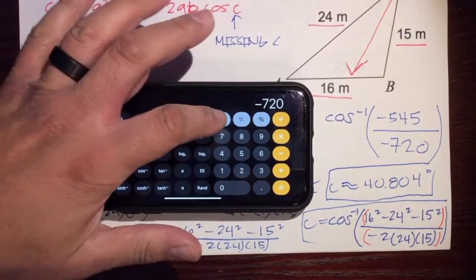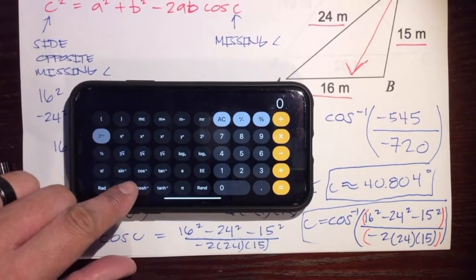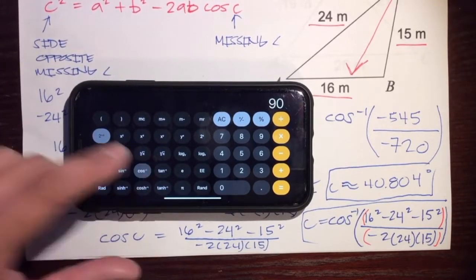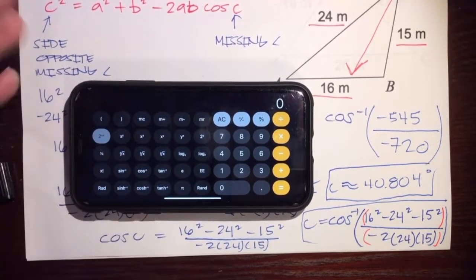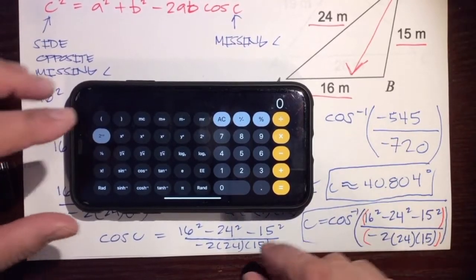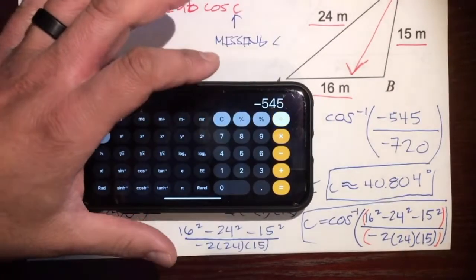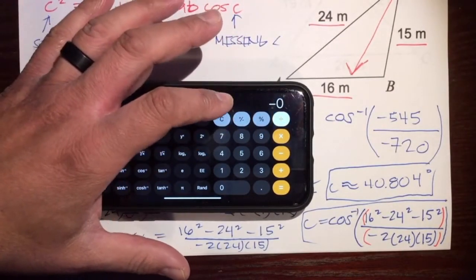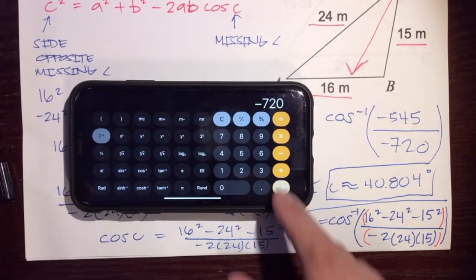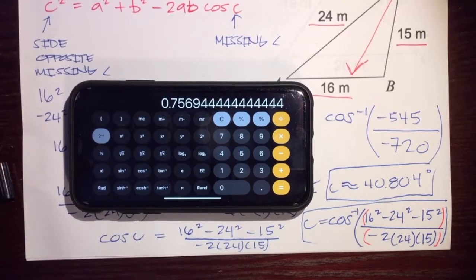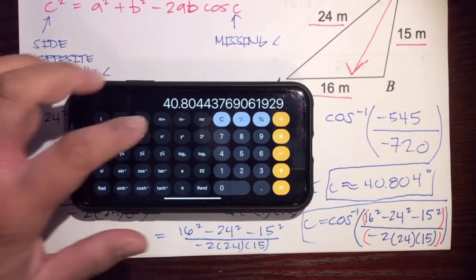And then now we can use this calculator. Press second. Oh, it's already there. Make sure you have that cosine to the -1 or the inverse cosine. Make sure it shows up, but don't press it yet. Okay, so let's type in negative 545 divided by negative 720. And then press equals, and then that'll give us that. And then we'll get our inverse cosine, which is